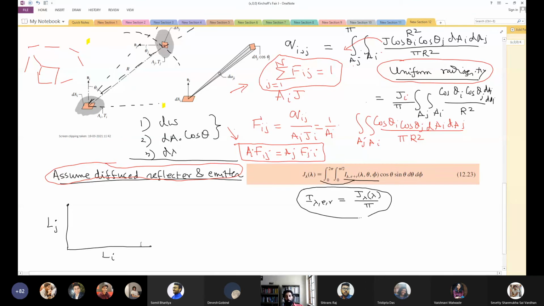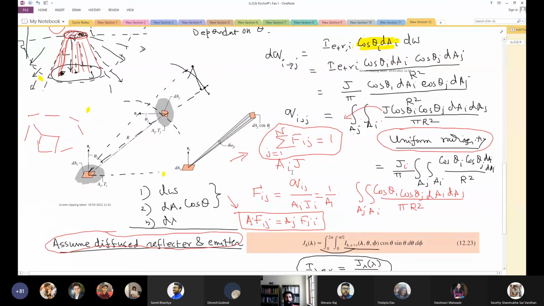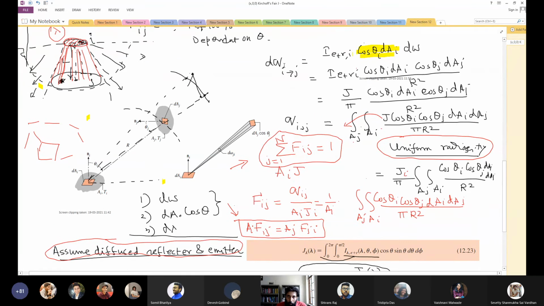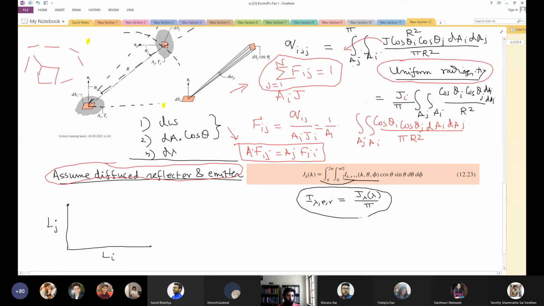So follow the same methodology. By learning the fundamentals, you can extend it any way you like. So I hope you learned this. What is the fundamental way of looking at this view factor? Now let us see how you can obtain the view factor Fij for these two lines.